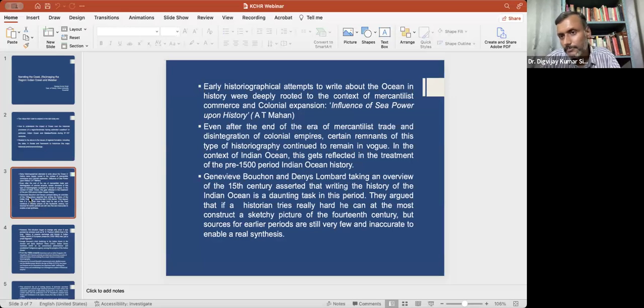But the singular focus on trade, I believe, created a particular kind of historiography whereby the impact of the ocean on the historical processes of the coastal region came to be confined to the geographical locations which were the sites of trade, that is, the port. As a result, ports, or as K.N. Chaudhuri calls them, emporia towns, became the only geographical regions which got focus